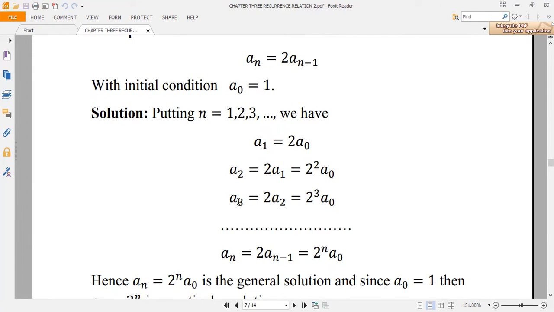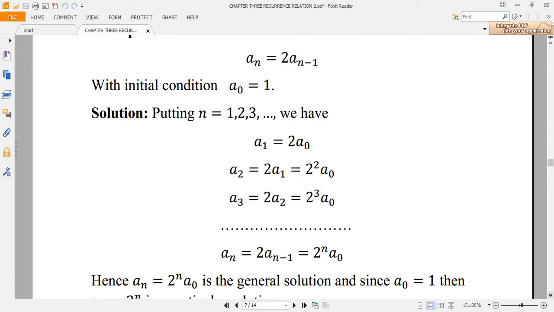And a3 will be 2 times a2, then a2 is, we know that a2 is 2 to the power of 2, a naught, then a3 is 2 to the power of 3, a naught. So in such a way, an will be 2 times an minus 1. But an minus 1 is defined before, which will be 2 to the power of n minus 1, a naught, hence,